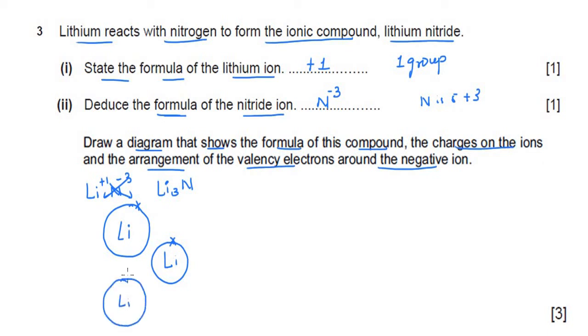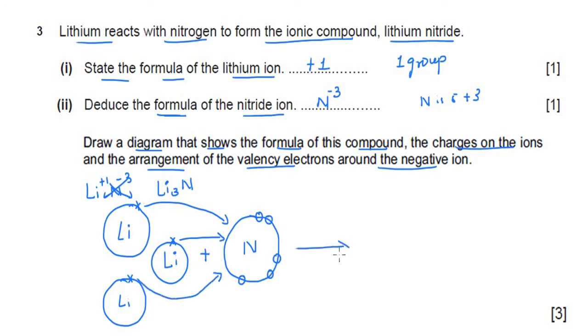So here we go with the 3 lithium atoms plus 1 nitrogen atom. The electrons of nitrogen can be presented by dots. And as we know, it is in group 5, so we need to draw 5 electrons on the outer shell of nitrogen. Now, let's show the transfer of electrons from lithium by arrows. So, one arrow going towards nitrogen from each of the lithium atoms,